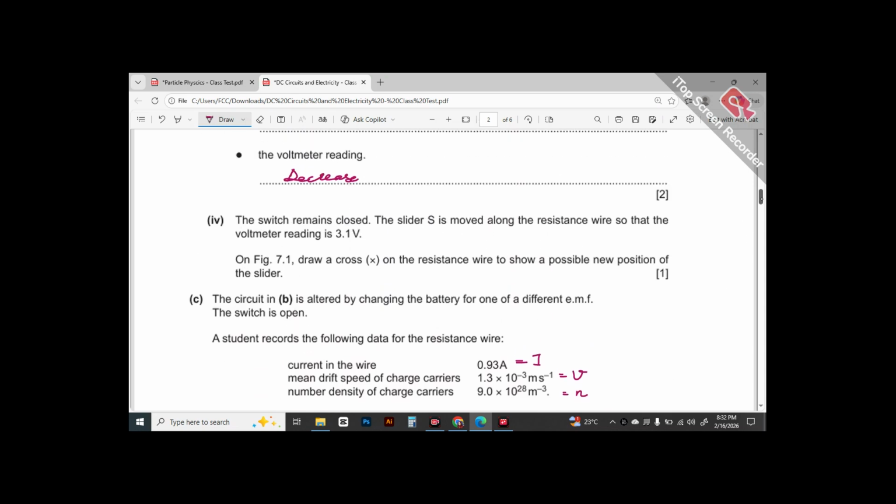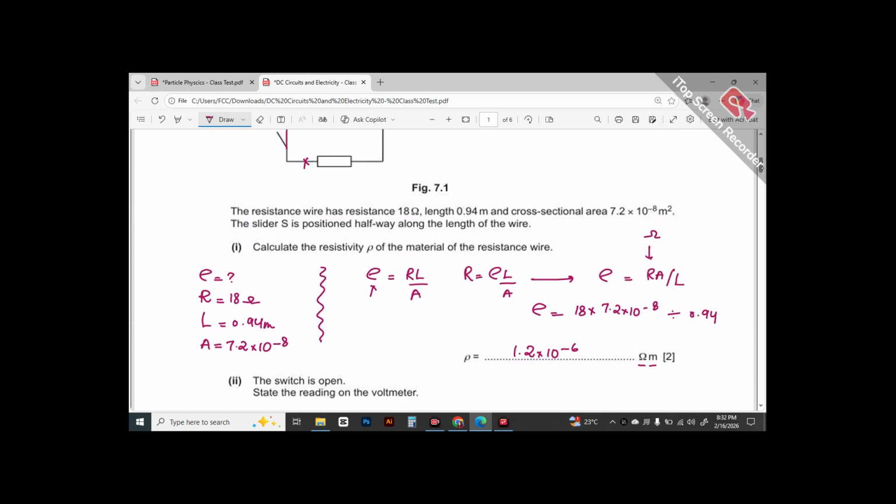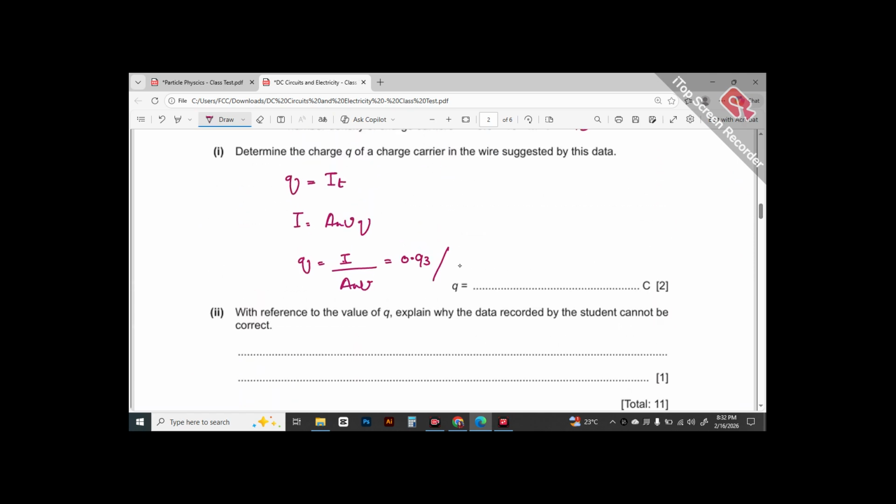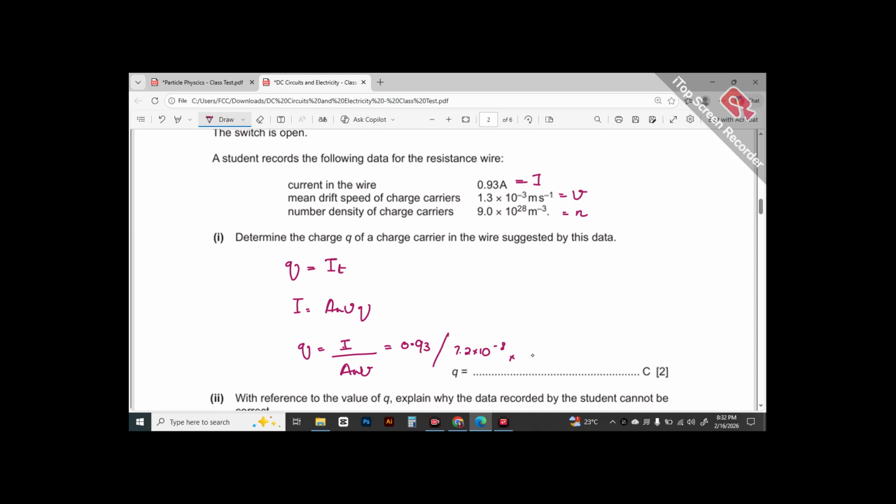Area, did they provide us with the area? Yes, they did. 7.2 exponent minus 8. Then we have number density, which is 9.0 exponent 28. And then we have velocity, which is 1.3 exponent minus 3. You put all these values in your calculator and you'll get your final answer as 1.1 exponent minus 19 coulomb,